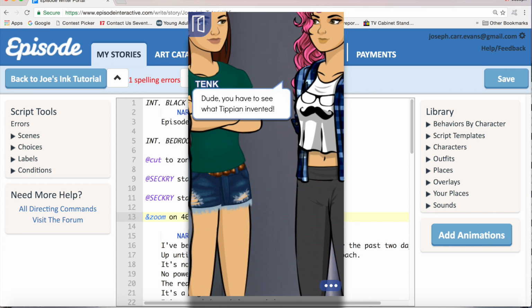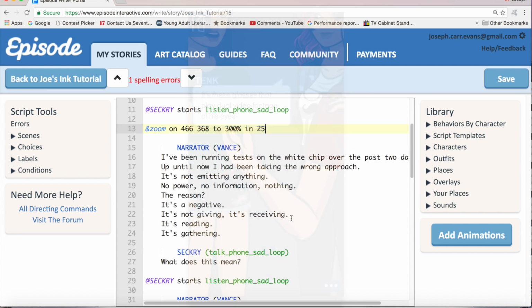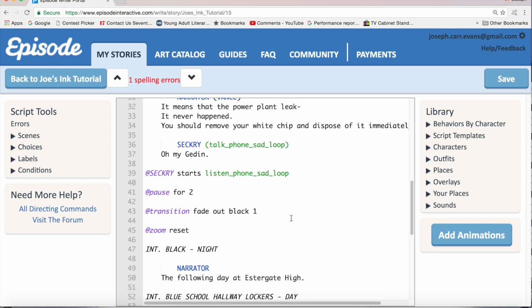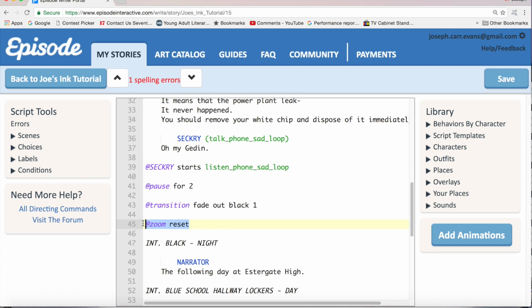Okay, so I've run into a problem. The zoom continues into the next scene even though I have a zoom reset at the end of the first scene. The reason this happens is all down to that ampersand symbol. Any command that has an ampersand before it overrides anything that happens during the command. I do hope that one day there will be a fix for this, but at the moment this is still a problem. Of course, I need to use the ampersand to move the camera while the dialogue is running, so I have two